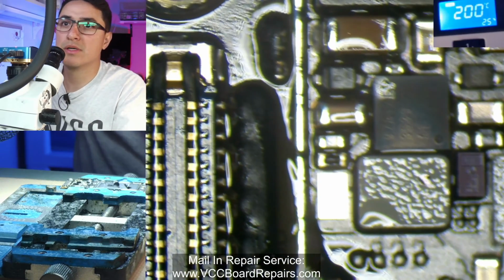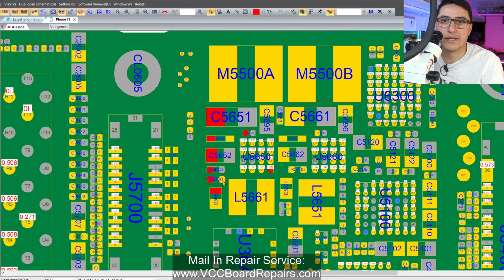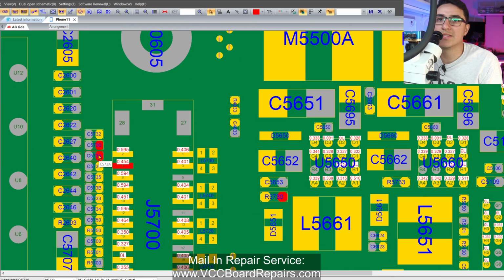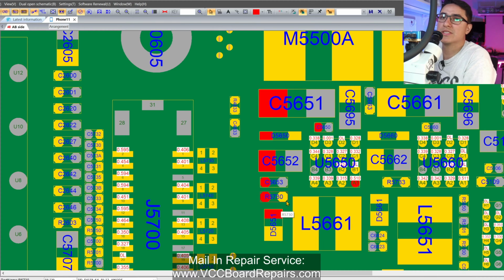If you remember, the component we're looking for is this one. The idea is, if this pin is connected to these caps and connected to this pin, these are all one connection. So if this pin is 454, it's supposed to be 454, and this is supposed to be 454, and this is supposed to be 454. But also, if the line is supposed to carry over this resistor, and the resistor is really low resistance,